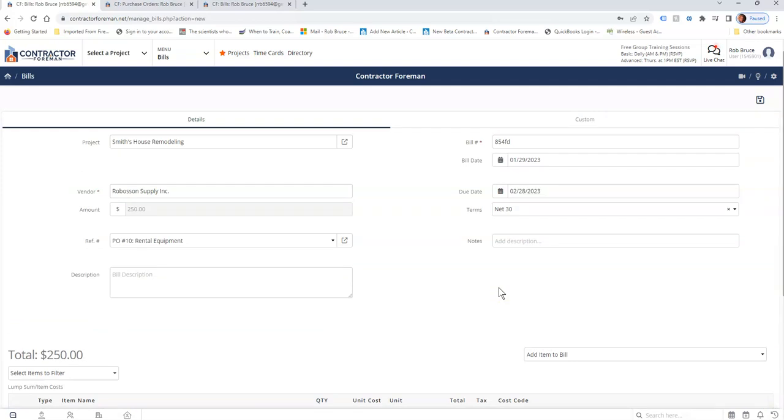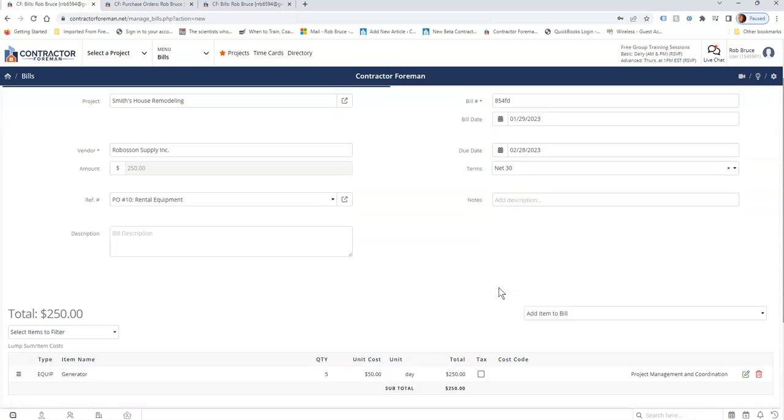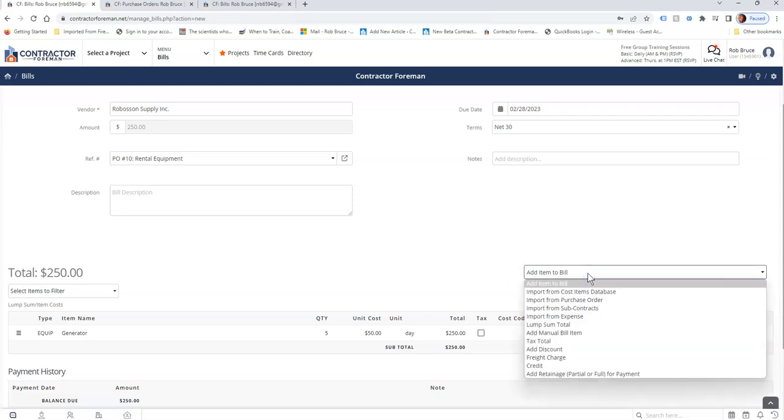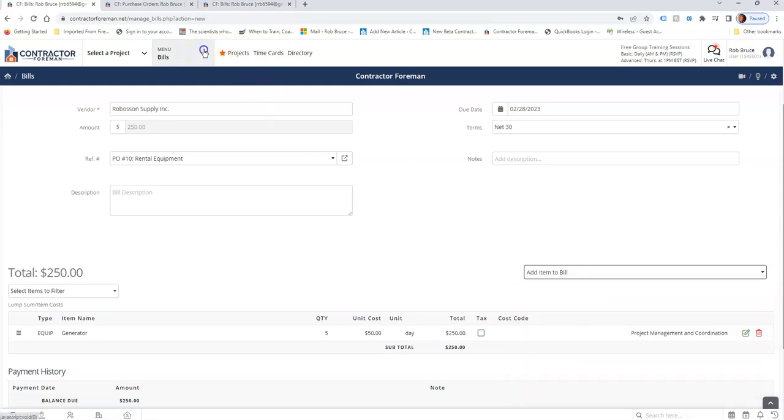Now, there are times that, yes, I'm going to absolutely come in here and have to do a bill from scratch. But whenever possible, use that automation that's built into Contractor Foreman. That's what it's there for. Now, if I am building it from scratch and I'm not doing purchase order or subcontractor or importing from one of my expenses, and the expenses are,